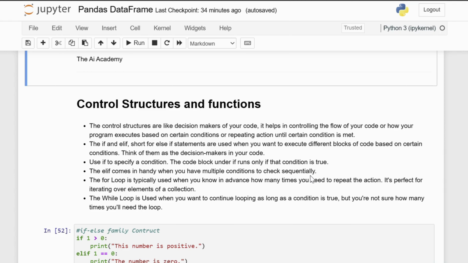do something different if it's true. Now coming to for and while loops, they help you repeat a block of code multiple times, but they're used in slightly different contexts. A for loop is typically used when you know in advance how many times you need to repeat the action. It's perfect for iterating over elements of a collection, like items in a list or characters in a string, and performing an operation with each of them. And the while loop is used when you want to continue looping as long as a condition is true, but you're not sure how many times you'll need the loop. The condition is checked before executing the loop each time, which means the loop might not even run if the